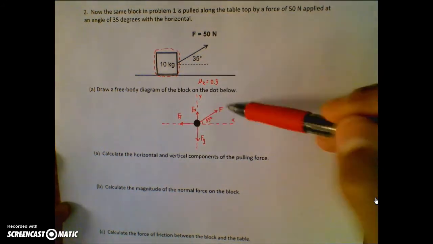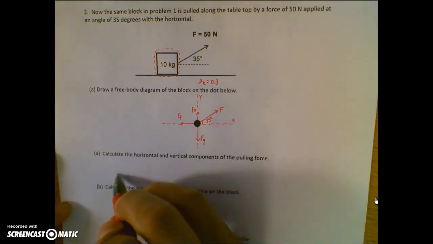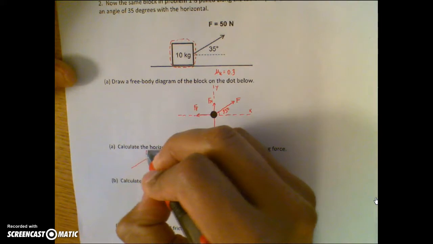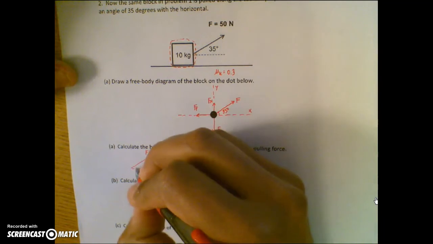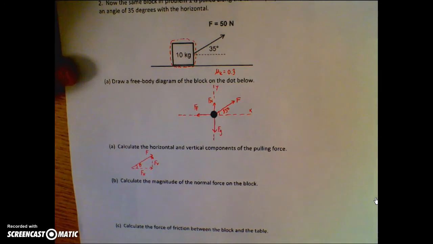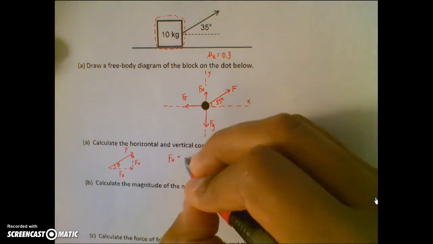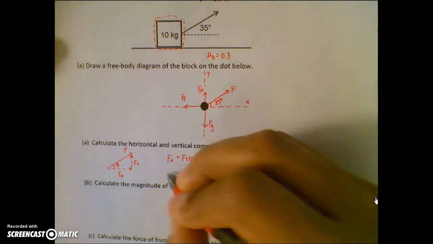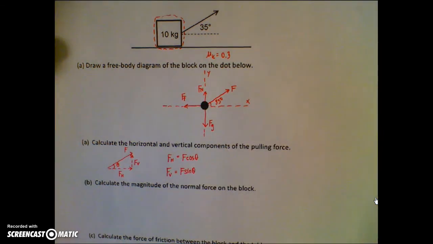Remember, we don't want forces at angles. We want forces that lie along our x and y axes. So if I take my information here from the start of this, and I say, well, here's my force, and I know that this breaks up into some force horizontally and some force vertically. Well, the force horizontally is going to be whatever the hypotenuse force is, or the force, times the cosine of my angle. And the force vertically is going to be the force times the sine of my angle,